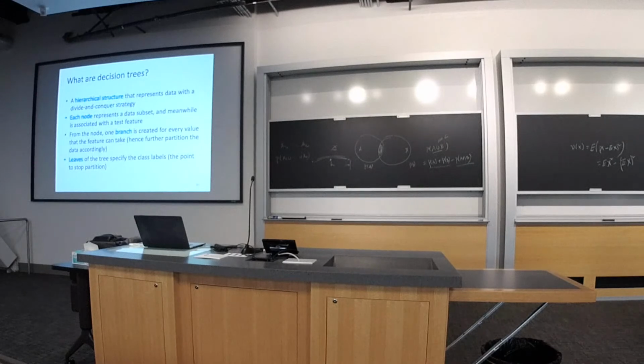Each node, from the root node, represents the whole data set. Then each node represents a subset of data. And each node is associated with a test feature, meaning that I'm going to use that test feature to further partition the current data set into smaller subsets. And each small subset will correspond to a new node. From the current node, we look at the test feature and we create a branch for each value that feature can take. For example,